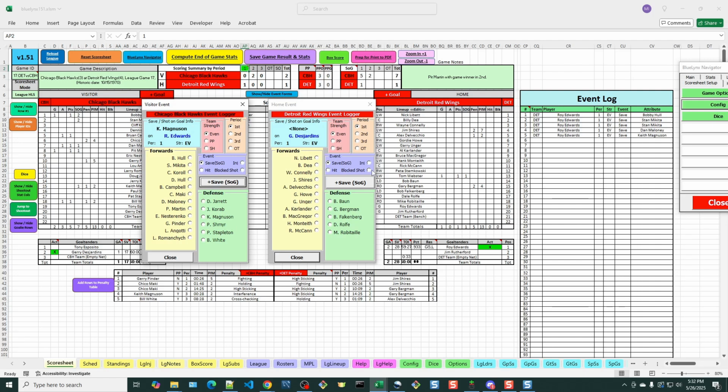So you can see here with each one, it writes it over here as a save. The event is a save for this goalie on this team in this period at even strength. I probably should have put a couple. Let's put a couple power play shots just for the heck of it. So for each team, I'll put this team power play, and Dennis Hull takes a shot,